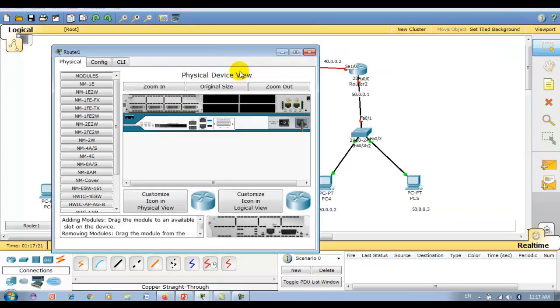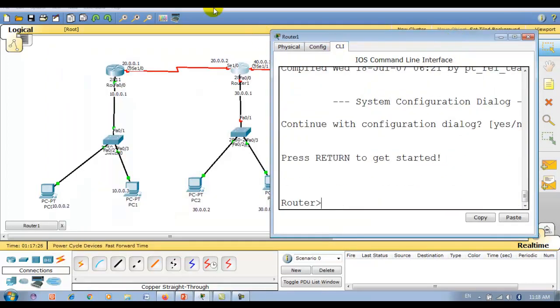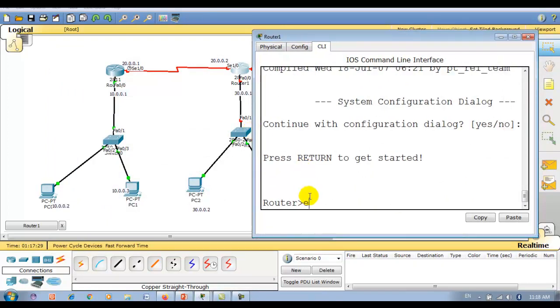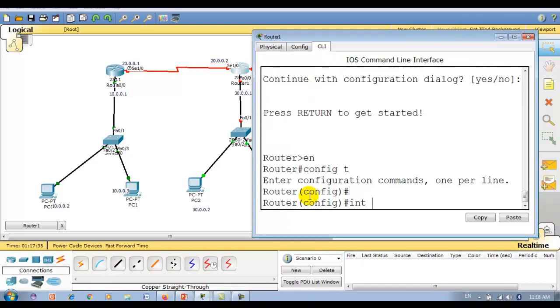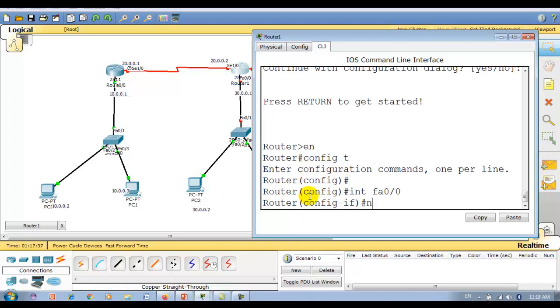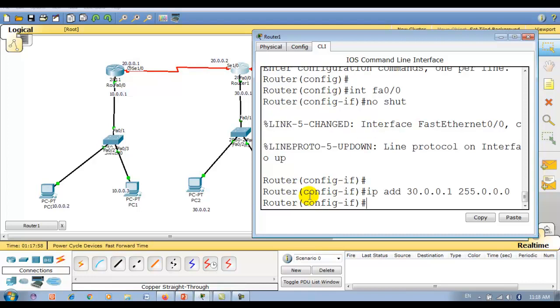Let me close this. Now let me configure this side. Interface FA0, no shut, then IP address. Currently we are on the LAN side, so the IP address should be this one. Done.